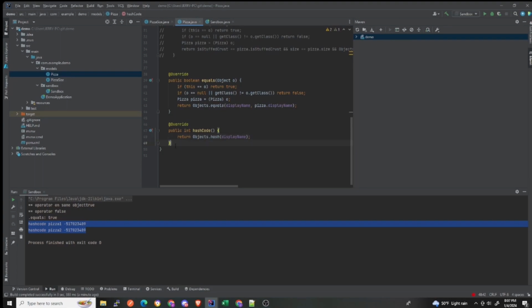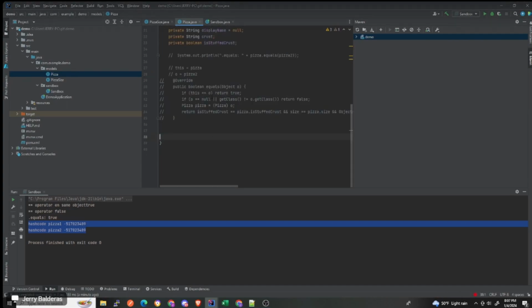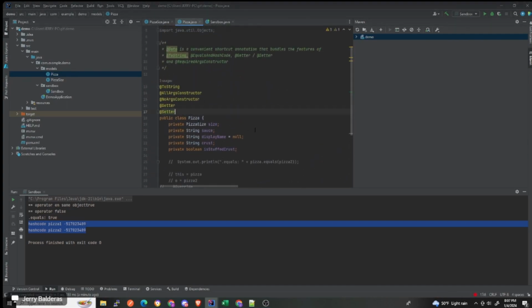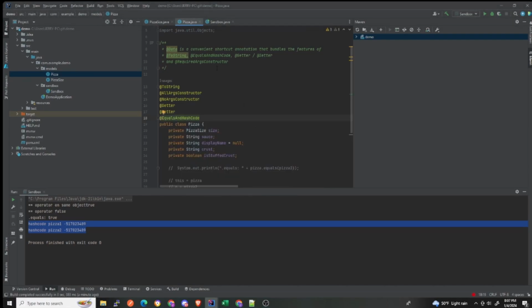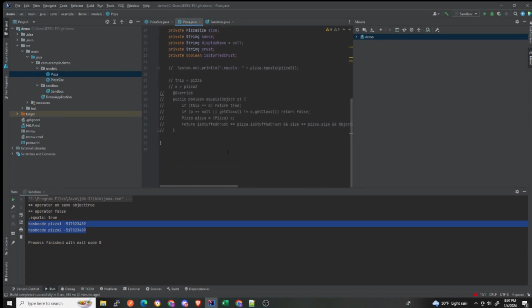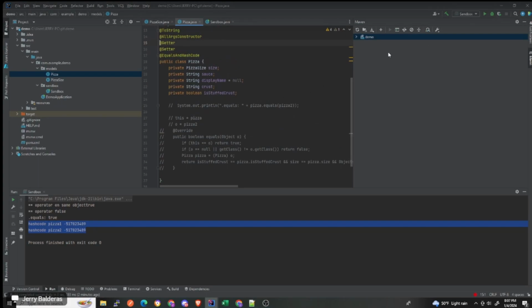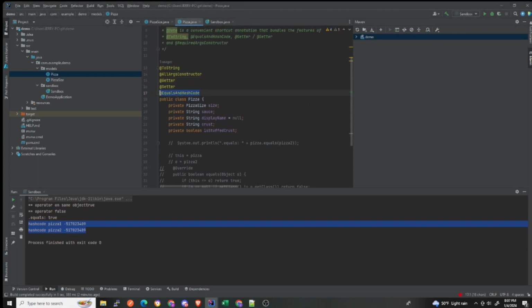Okay, so all of that talk, we did all the equals and hashCode. So I'm going to take this out, and now I am going to add equals and hashCode. This is the final leg of the data annotation. The data annotation does not include the no-args constructor. So it's toString, all-args, getter, setter, equals and hashCode. When I run this code, it's still going to be true because this equals and hashCode is evaluating all of the fields. So when I go ahead and run this,